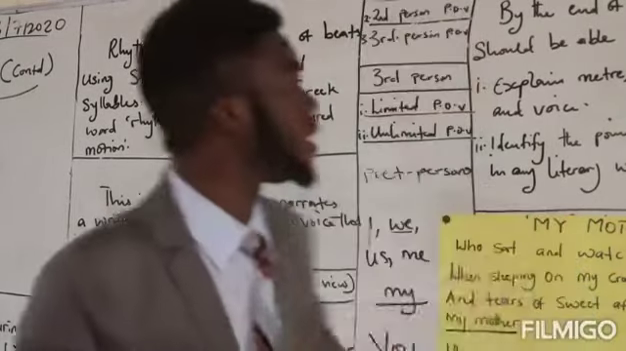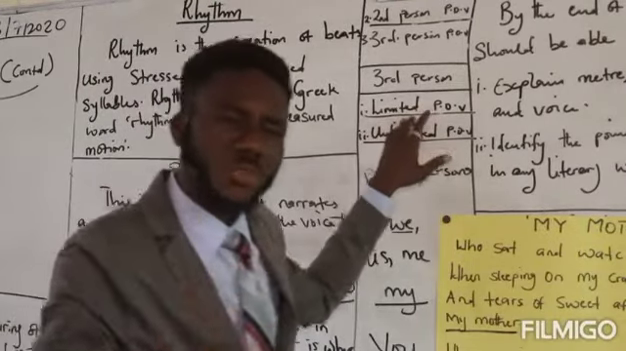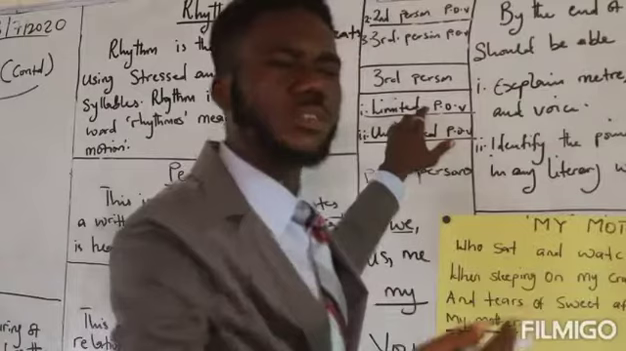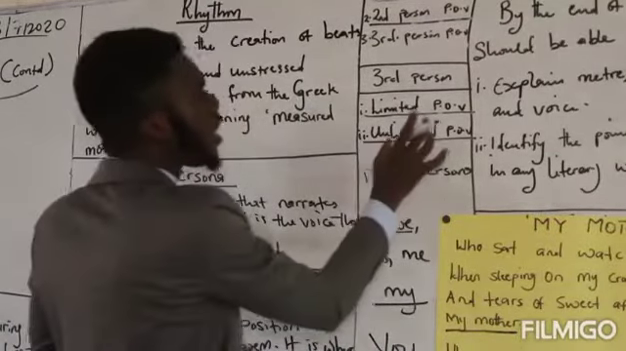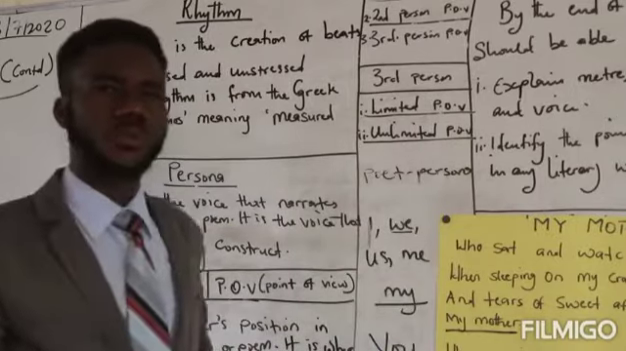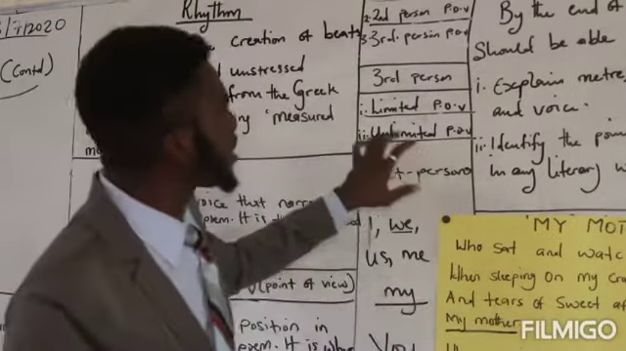That is why it is limited. The limited there means the knowledge of the writer as regards the people he's telling you about is limited. Now, the second one is the unlimited point of view. Unlimited point of view. Now, in this third person